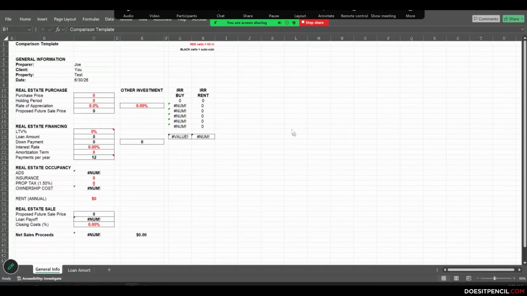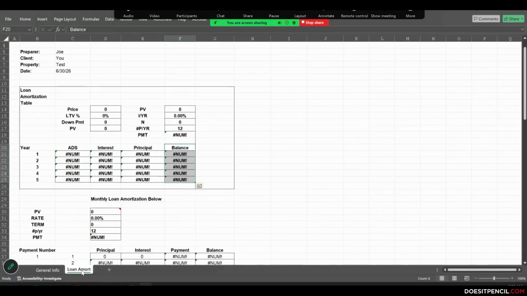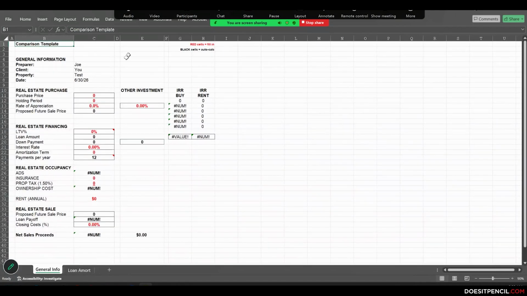All right, so the first thing to understand about this template is there's 2 pages to it. If we look at the bottom, there's 2 tabs. On the left, there's general information, and on the right, it says loan amort, which is amortization. Okay, so that's the first thing. There's 2 pages here. If we go back to the first page and look at the upper right-hand corner, it